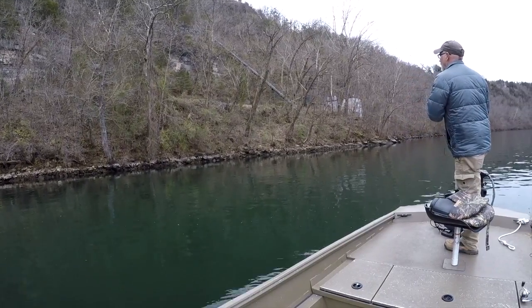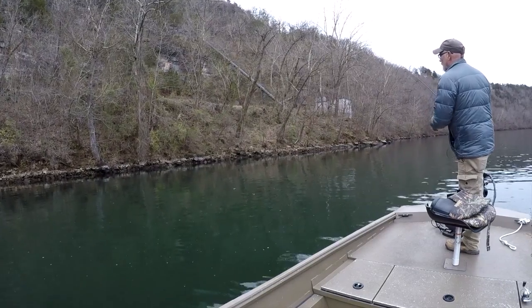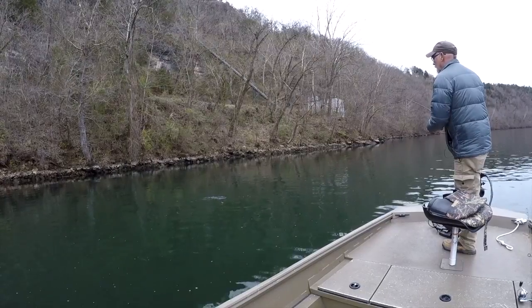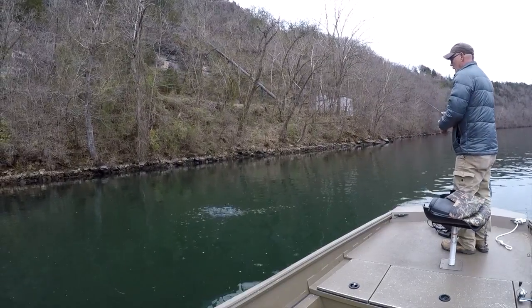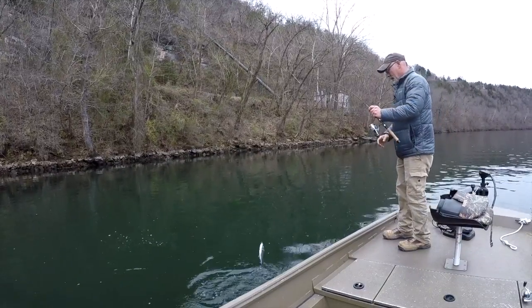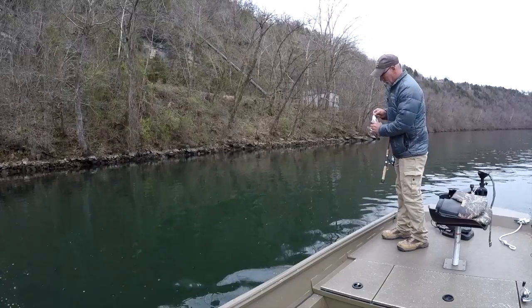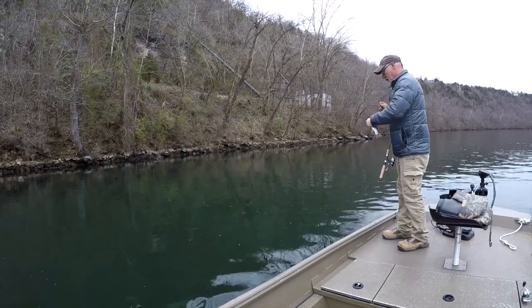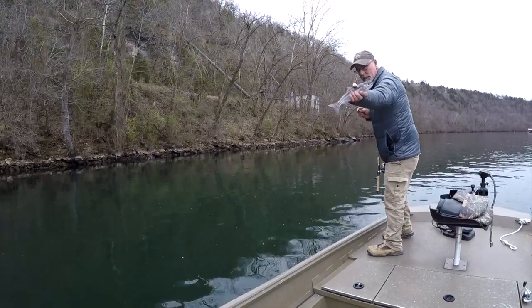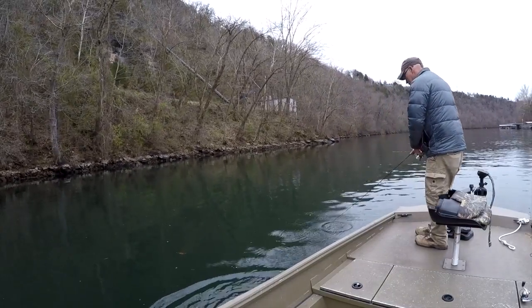There's one. Right in that eddy. Jumper. Got a lot of fight to him. Not real big. Got a big heart. Little guy. Not quite Neosho size, but